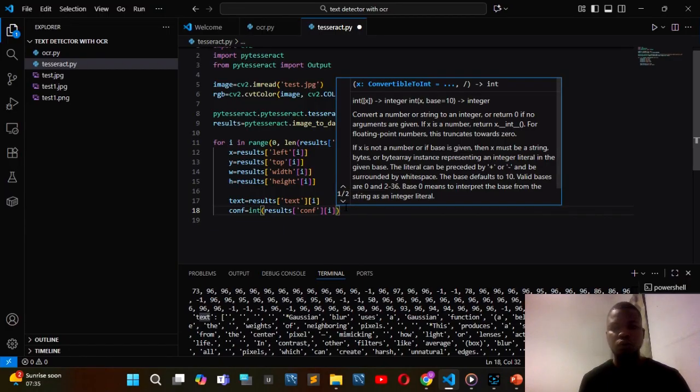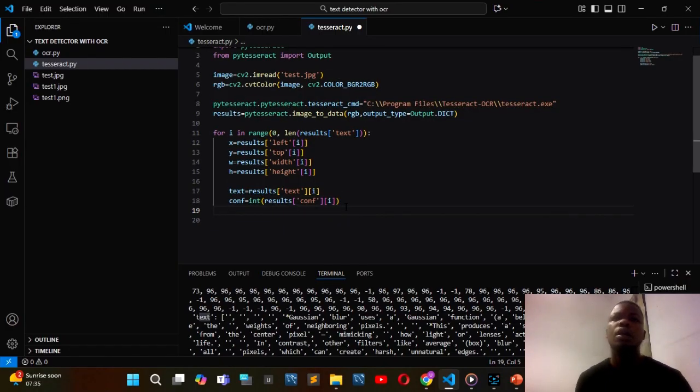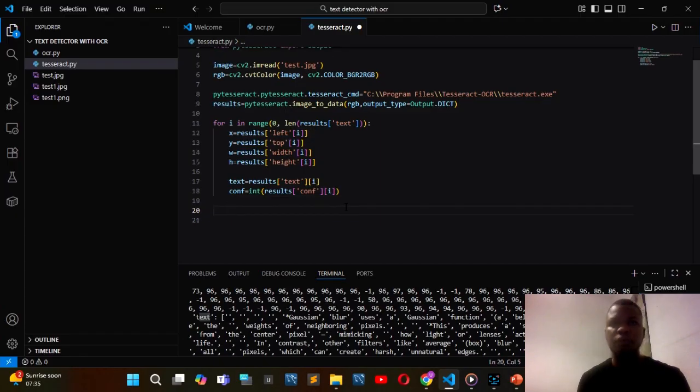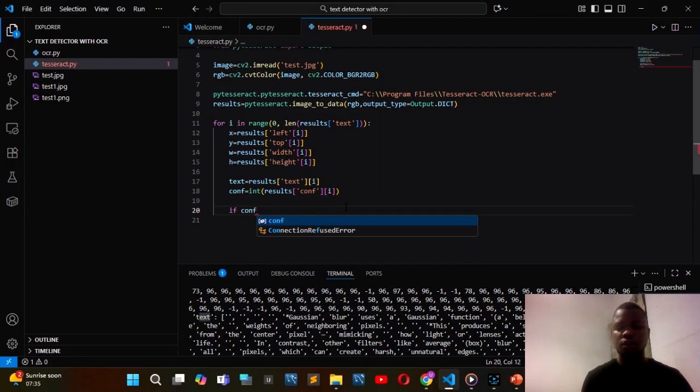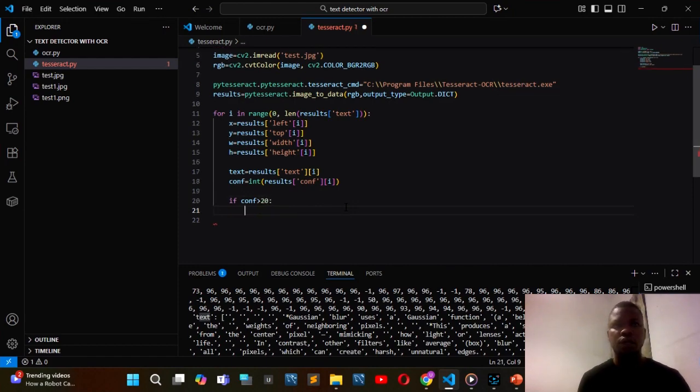Beautiful. What do we now do with this information? We have to filter the confidence. So if confidence, let's make it 20 so that you can see more, is greater than 20. All right. So I want us to display the confidence. Do I really need to see the confidence? Let's just put it so we can see it. So print